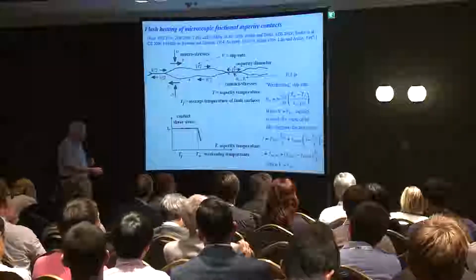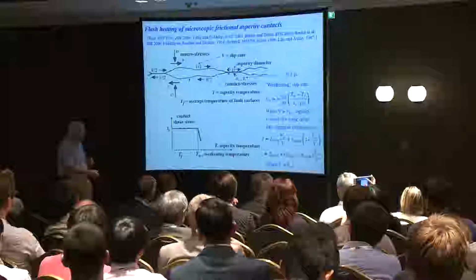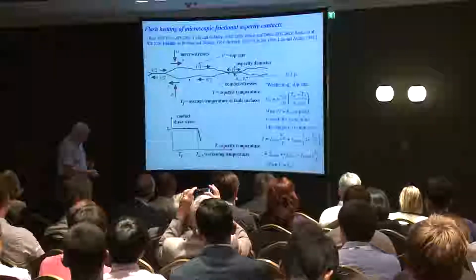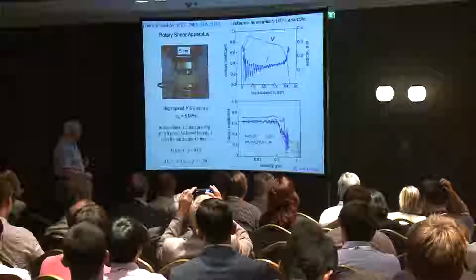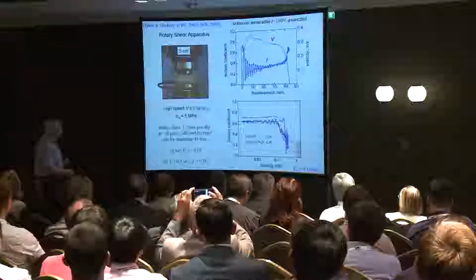So you end up with predicting a law that looks like friction coefficient is a constant plus another constant divided by velocity. And that's the form that was predicted, and then experimentalists, Tullis and Goldsby at Brown, tried to fit that,